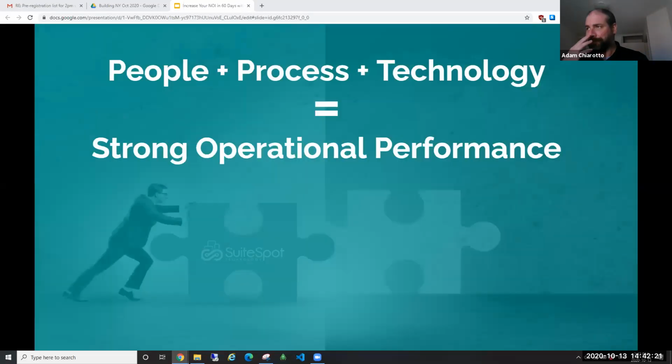Sometimes people are kind of skeptical when we first roll out SuiteSpot at a new property. They're telling me, well, what was wrong with the way I was doing it before? I've been doing it this way for 20 years. How is your way so much better? And within a month or two, I'm getting feedback from these people saying, you know what? I don't forget things, or I haven't gotten in trouble since we've launched SuiteSpot.